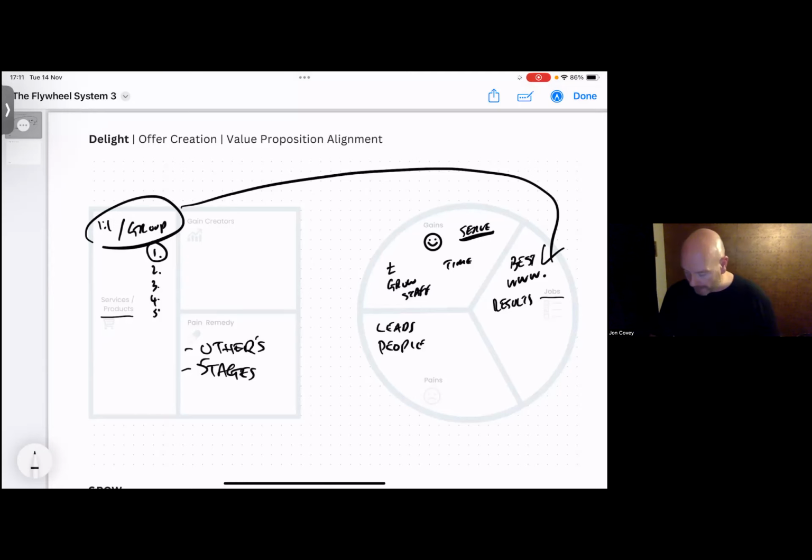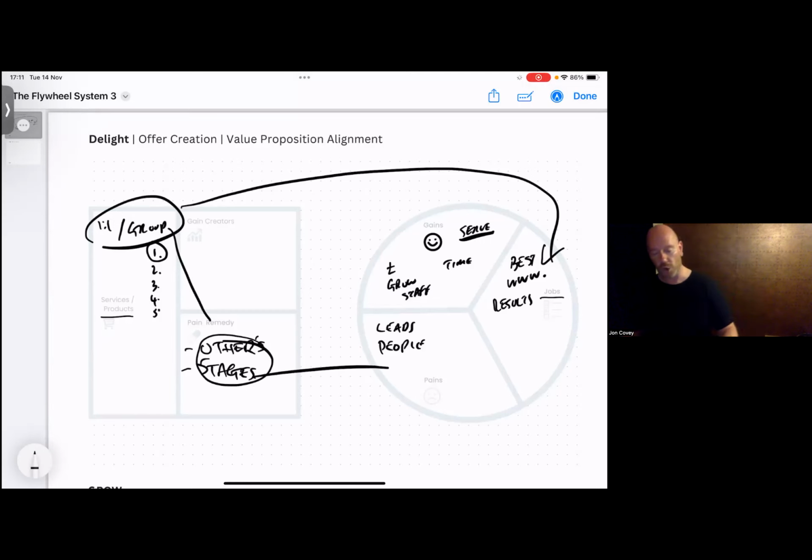And ultimately, what you look at and think is, well, yes, part of this group coaching that we offer here can help to remove these problems, because we're going to show them how others have got more leads. We're going to show them how other people have actually got the right audience. And ultimately, this is something that they can apply to themselves and think, right, I can now accelerate and move this forward as well. Then we ask ourselves, right, so we know that the group session works best. We know that we can pull on the resources of other people in that group, because they're at different stages. Can this product also help them to get the things that they really want to gain,